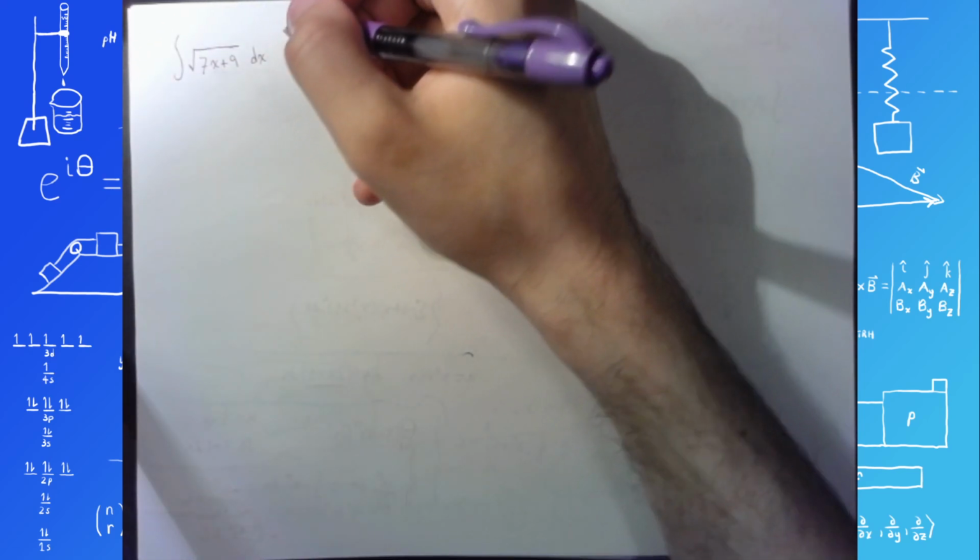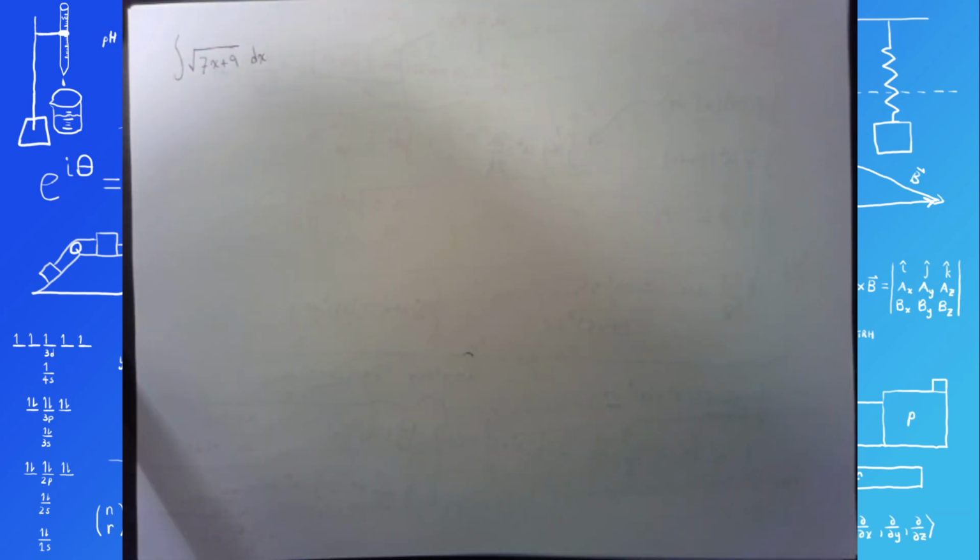Sometimes they're just, well, actually, let me think. I guess it depends on what's in the square root, but some of them might actually just be impossible to integrate. The best you can do with them is approximate them,